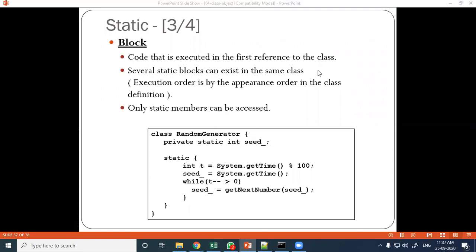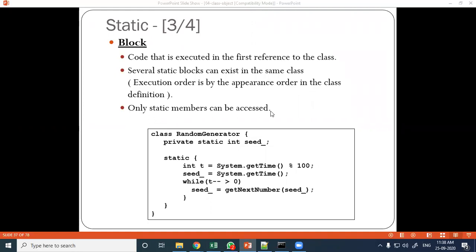When the first reference is created, at that time it is executed, and the second time it will not execute. Next, several static blocks can exist in the same class. Multiple static blocks can be inside the same class, and execution order is as per the appearance.